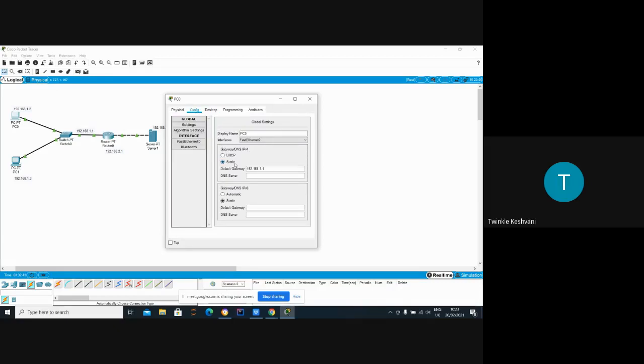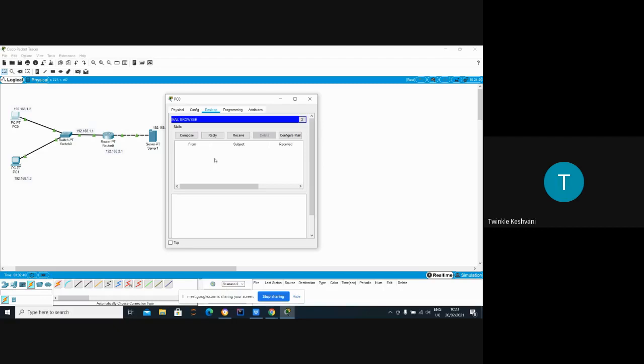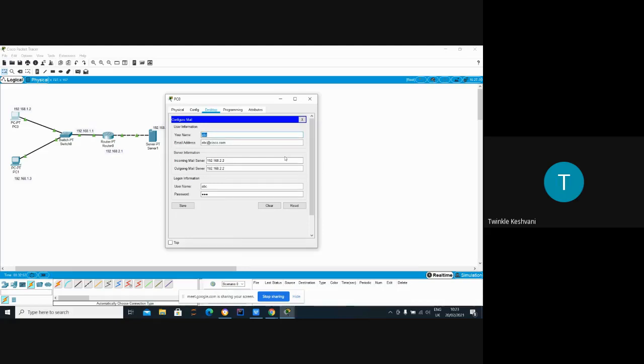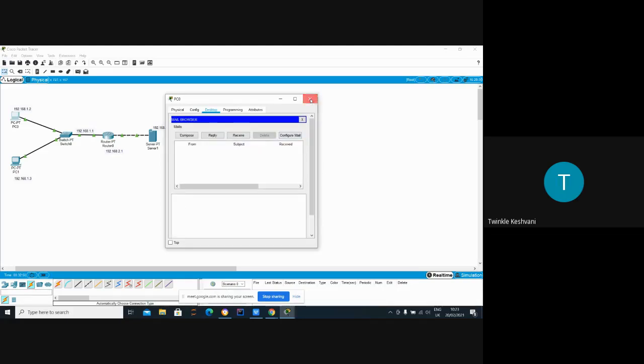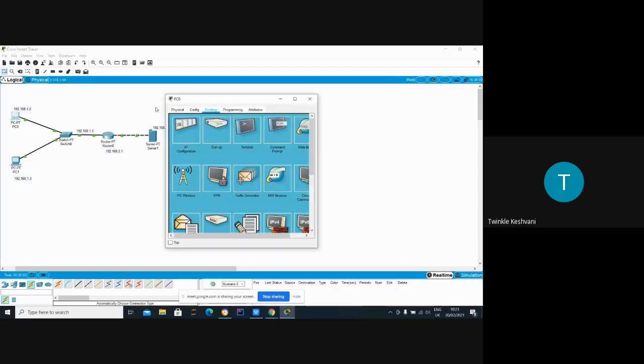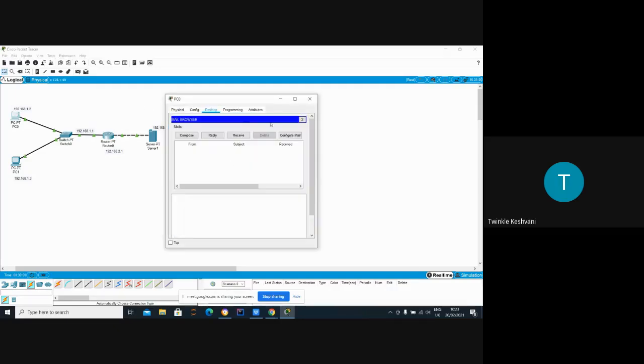In the desktop only, go to the desktop, fourth button, configure mail. Yes, you have saved, right? Okay, now compose the mail. Write the email address of the second PC, because we are composing from the first PC.